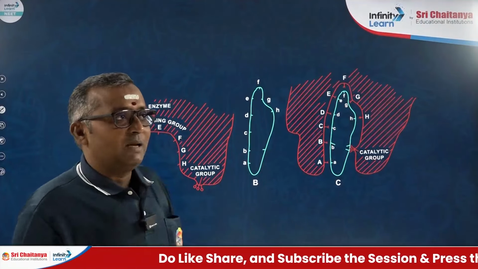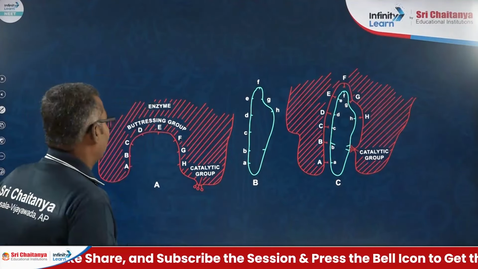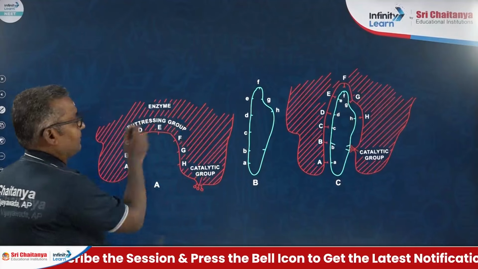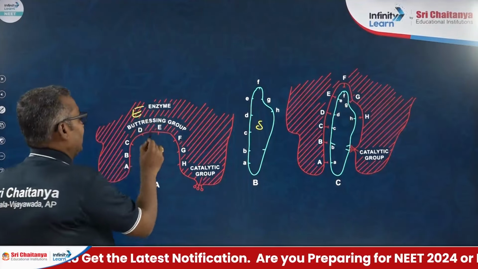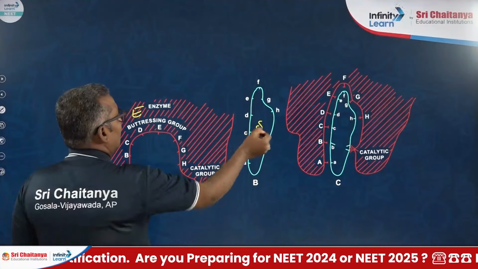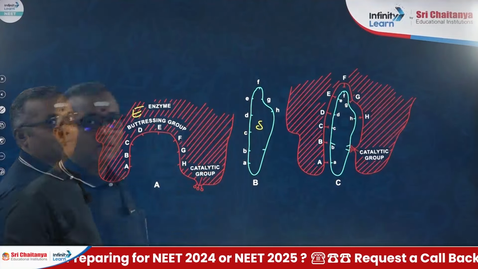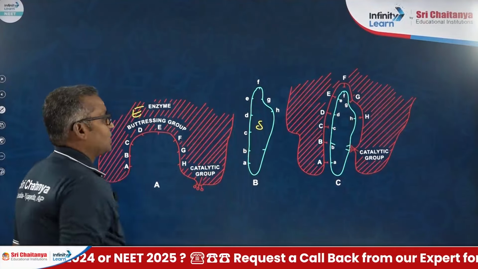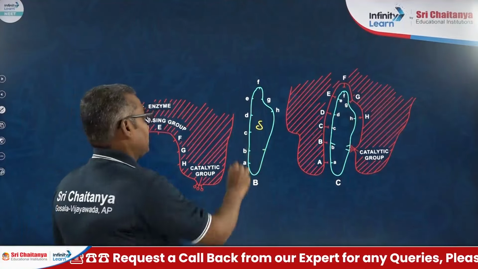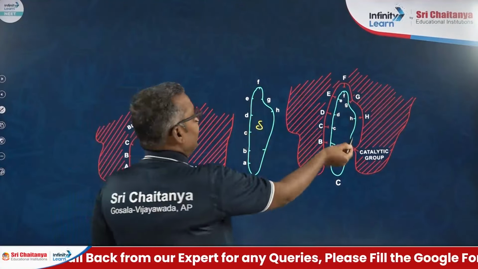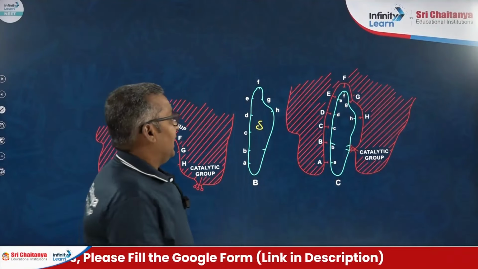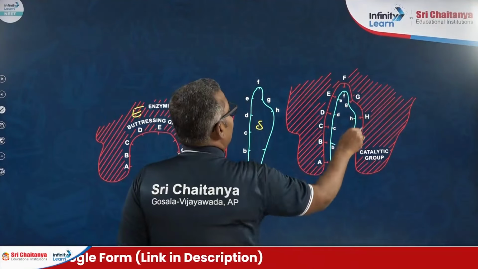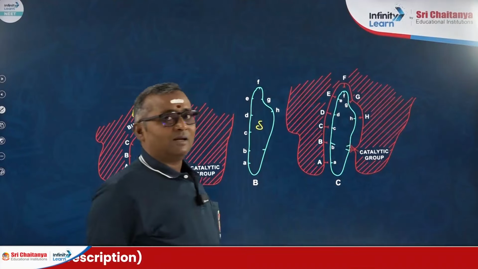Let me show the same thing in the form of a diagram. Take this is an enzyme. Now this is a substrate and now this is enzyme. Look at here, the active site and substrate don't have similar kinds of shapes. The shape of substrate and active site is not the same. Now substrate binds to the active site of the enzyme. When substrate binds to the active site, the enzyme alters its shape as per the shape of the substrate.